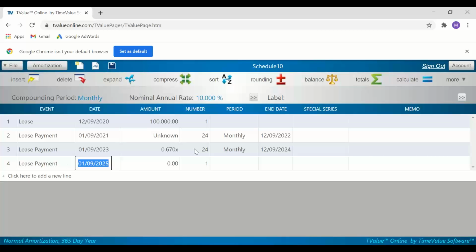And last 12 months, I'm going to go ahead and put 0.45x. So I'm going to take the 0.67, reduce it by 33%, and then put that in for my final 12 months. So I'm going to have my regular payment, reduce it by 33%, reduce it by 33%. And when I calculate,